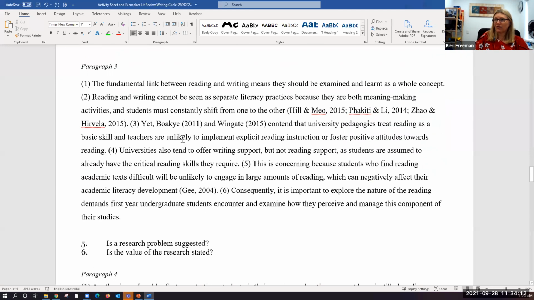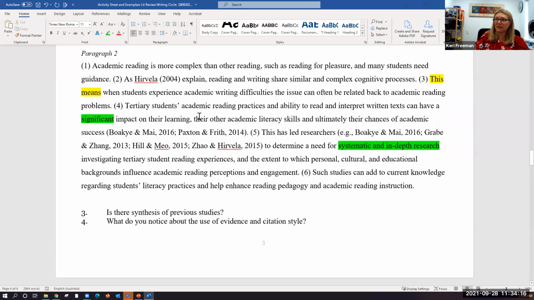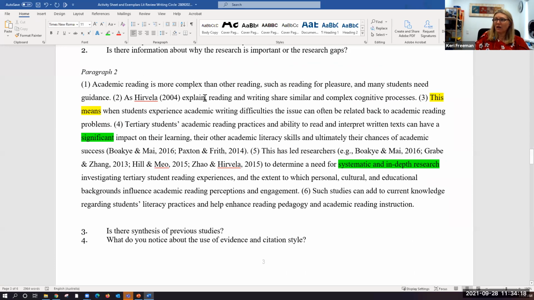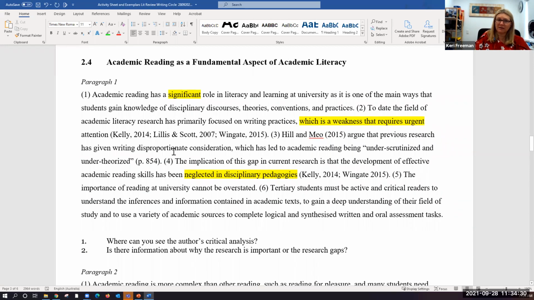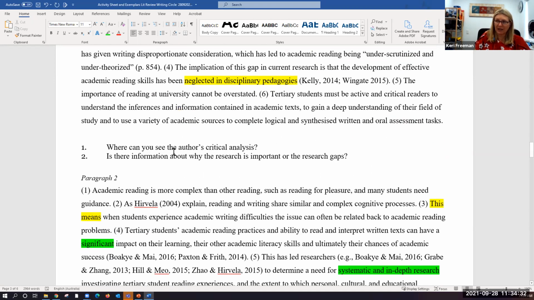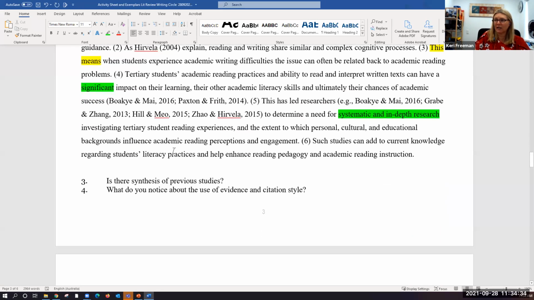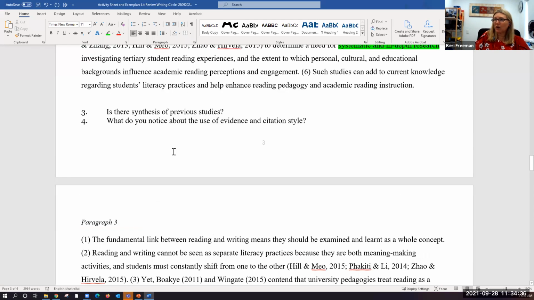Okay, so paragraph 3, the fundamental link. So see how that was set up here about how if there's a problem with learning and writing, it's potentially due to reading. Okay, so all of these first 2 paragraphs are setting the seed about why we care. We're planting the seed about why we care about reading. And also,